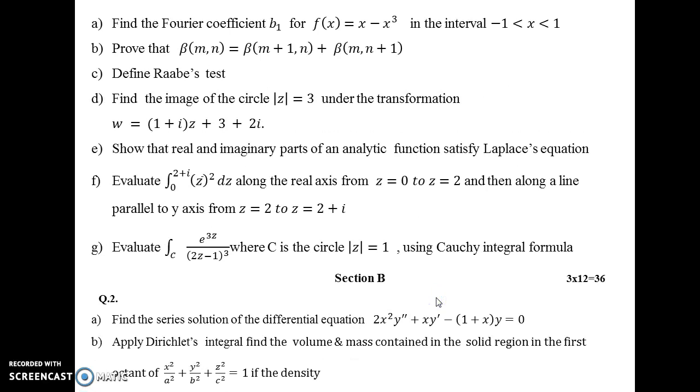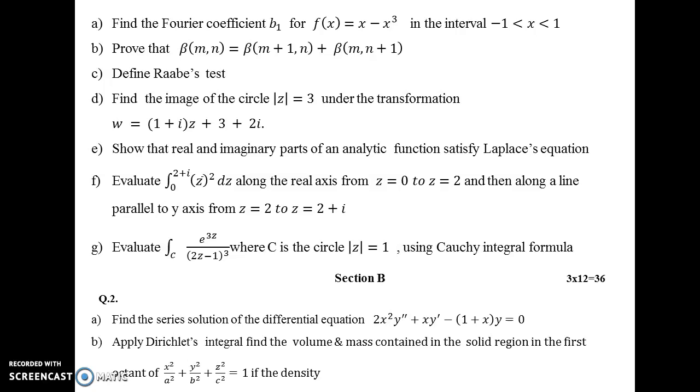Now we come to the next part, C part. Find the Fourier coefficient b1 for f(x) equal to x minus x within the interval minus 1 to 1. The Fourier series can be written as f(x) equal to a naught upon 2 plus sigma a n cos(n pi x upon L) plus sigma b n sin(n pi x upon L). Here L is equal to 1, we have to find out b1, and the formula for bn is equal to 1 upon L